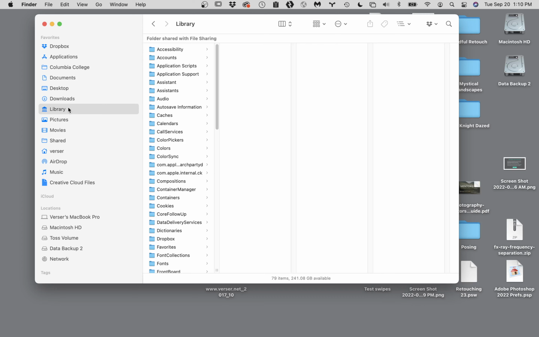And then from now on, instead of doing the Option or Shift Go menu trick, you can simply click on the alias that's sitting in your favorites group and get to it right away. So with that said, again, once we get here,